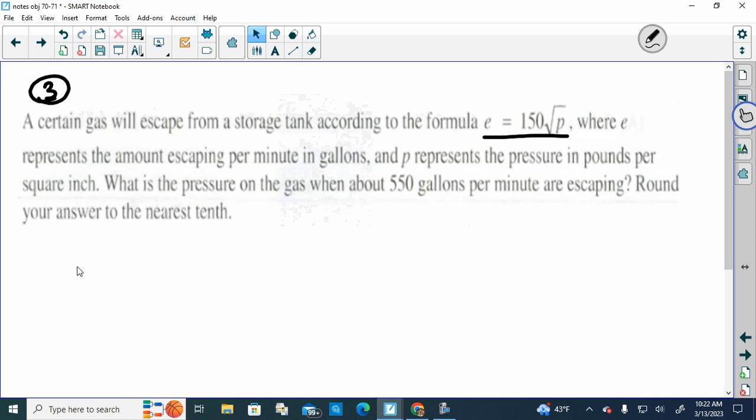Now I'm going to read through this because this is the part that you're going to have to decide. The number that they gave me is either going to be plugged into the P or the E. It says where E represents the amount escaping per minute in gallons, and P represents the pressure in pounds per square inch. And it says what is the pressure of the gas when 550 gallons per minute? Where is that going to go? E. Because E is the amount escaping per minute, right? 550 gallons per minute. So we're plugging that in for the E. So 550 is being replaced for the E, and then we're writing